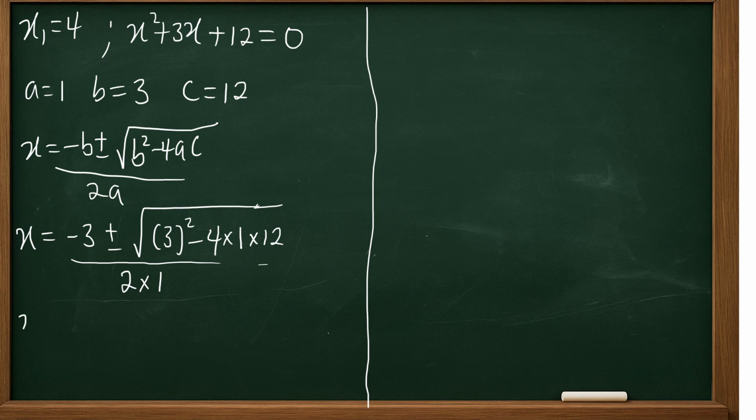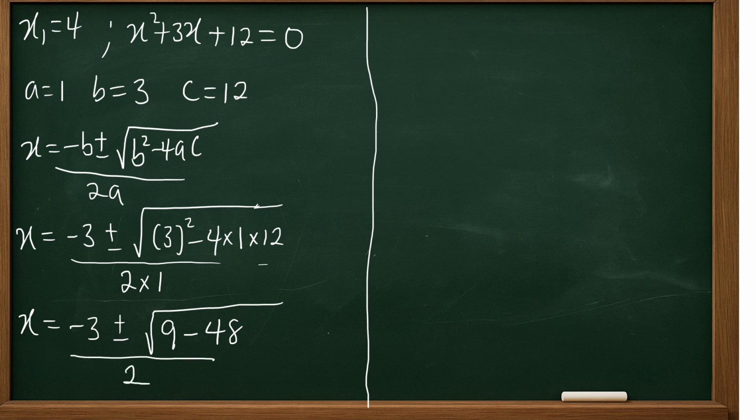So here, my x is going to be minus 3 plus or minus the square root. 3 squared is 9. Here we have 4 times 1 times 12. 4 times 1 times 12 is going to be negative 48, all over 2. And here, the value of my x is going to be minus 3 plus or minus square root of 9 minus 48 is going to be negative 39